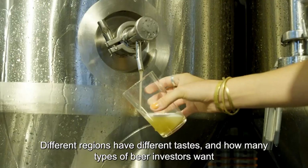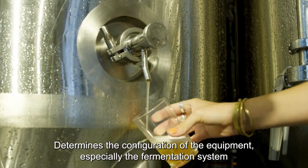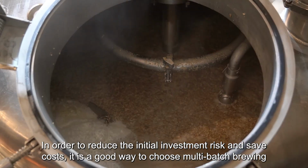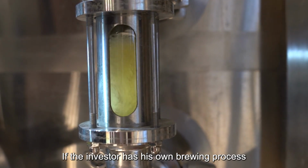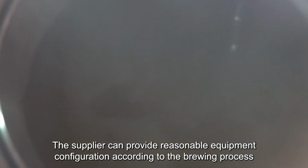Different regions have different tastes, and how many types of beer investors want determines the configuration of the equipment, especially the fermentation system. In order to reduce the initial investment risk and save costs, it is a good way to choose multi-batch brewing. If the investor has his own brewing process, the supplier can provide reasonable equipment configuration according to